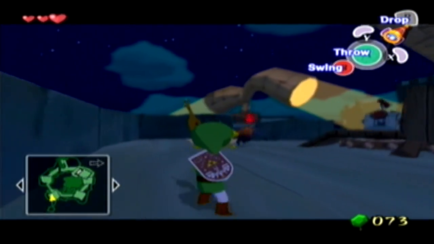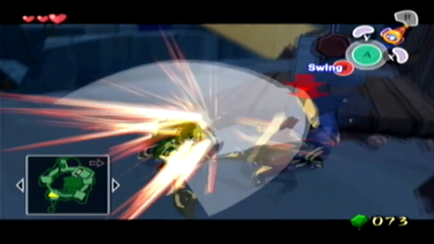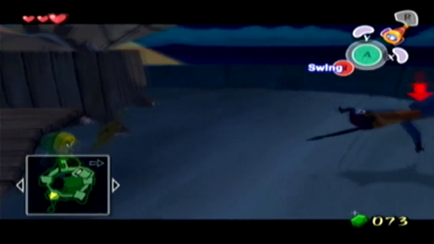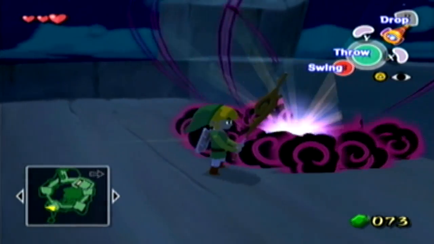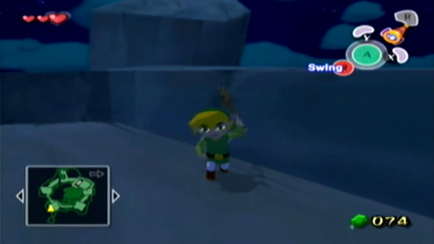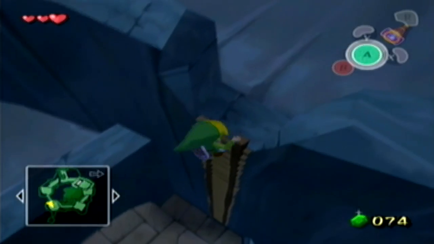But anyway, you deflect his attack with your shield, pick up his weapon when he drops it, and then just start beating him mercilessly with it. But it's really fun. But he drops a rupee of some sort, and